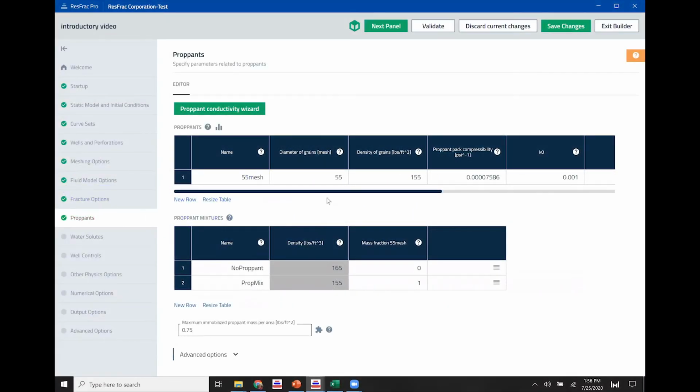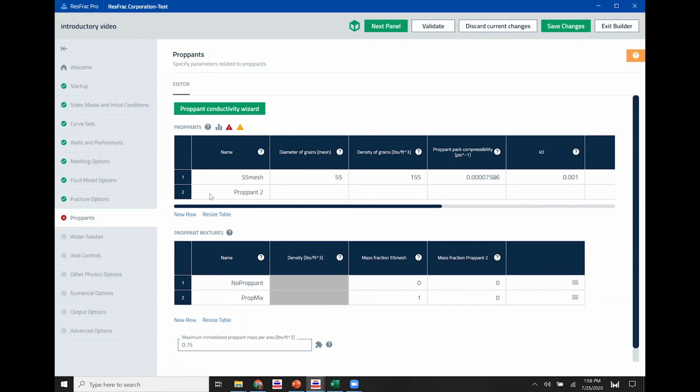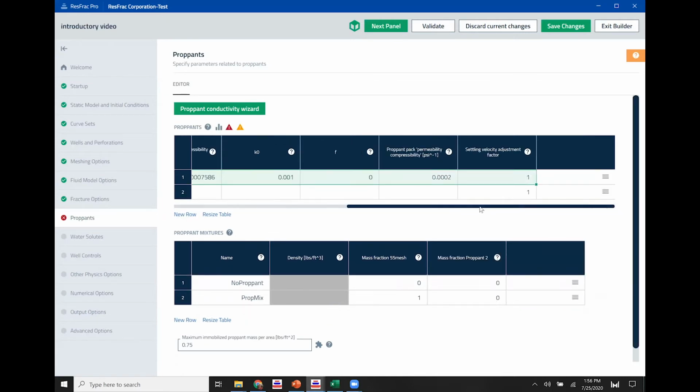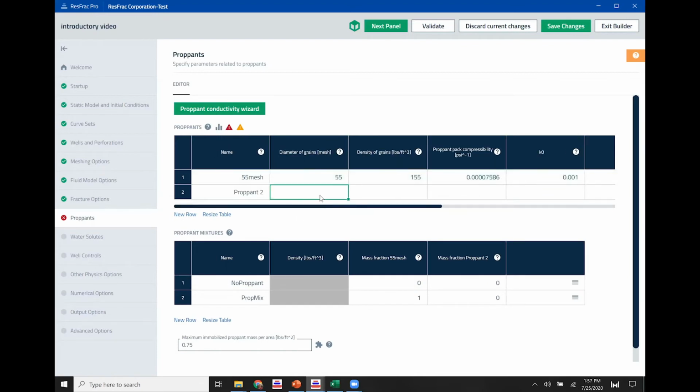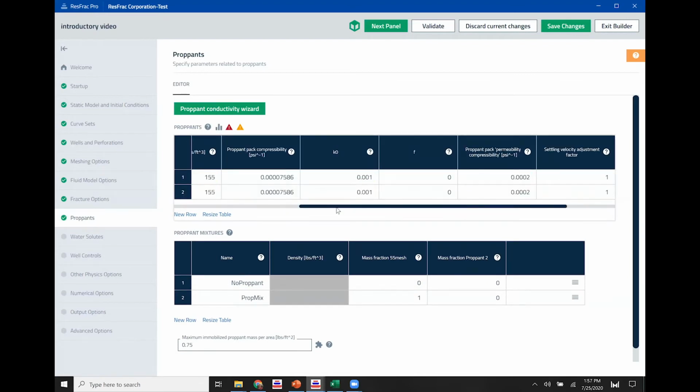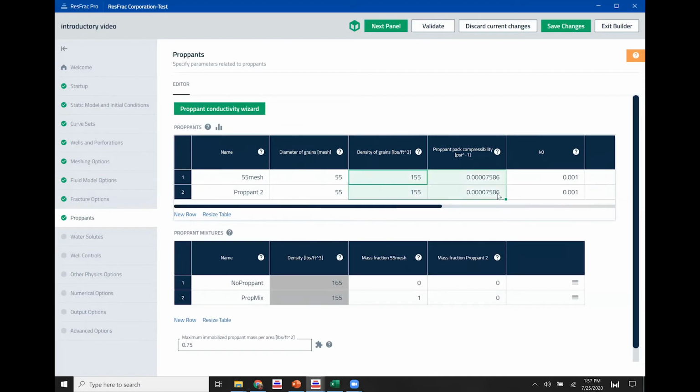In the proppant panel, we specify the parameters of the proppants that we're including in our injection schedule. In this case, I'm going to have 2 proppants. So I will click New Row, and I'm going to use my wizard to populate the parameters of these proppants. To begin, I'll just copy down the values such that there is some value in this table. And then I have 2 proppants. I have 4070 and 100 mesh. So I will model my 4070 as a single proppant with a 55 mesh diameter, and then include 100 mesh